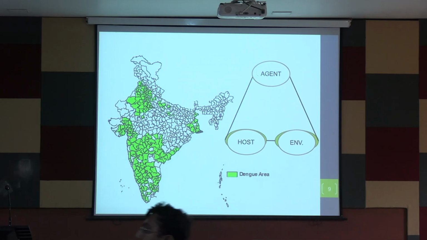We all know in a disease, as per the epidemiological triad, there are agent, host and environment. What are the dengue affected areas in our country? This is our West Bengal. What is this part? Rajasthan or Punjab, Haryana, Rajasthan. This almost entire South India. These are the dengue prone areas. Is dengue caused by Aedes or Culex? Dengue is caused by the Aedes mosquito, and if it is affecting that much part of our country,